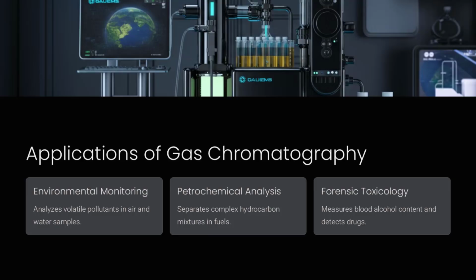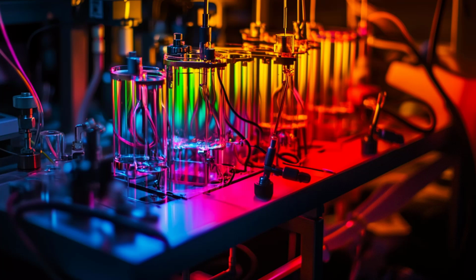Gas chromatography is particularly effective for analyzing volatile and semi-volatile compounds. Its ability to separate complex mixtures makes it invaluable in environmental monitoring, petrochemical analysis, and forensic toxicology. GC-MS, a combination of GC and mass spectrometry, allows for the precise identification and quantification of compounds based on their mass spectra. For example, GC is used in forensic labs to measure blood alcohol content, BAC. By analyzing ethanol levels in blood samples, GC can be seen as a magnifying glass that reveals the intricate details